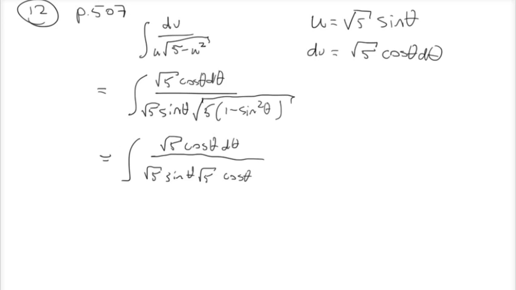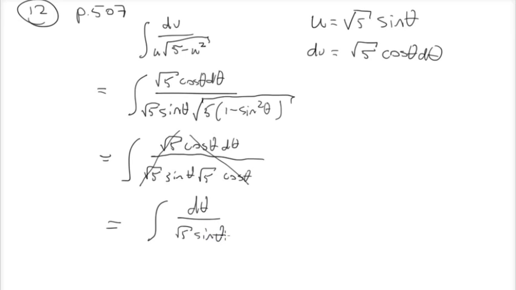That root 1 minus sine squared theta turns into a root cosine squared theta, which then just turns into a cosine. And so now we can do some canceling. We can cancel out these root 5s, we can cancel out these cosine thetas, and then we get something a lot nicer. We will get d theta over root 5